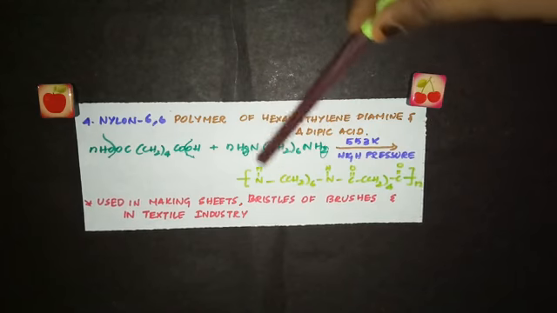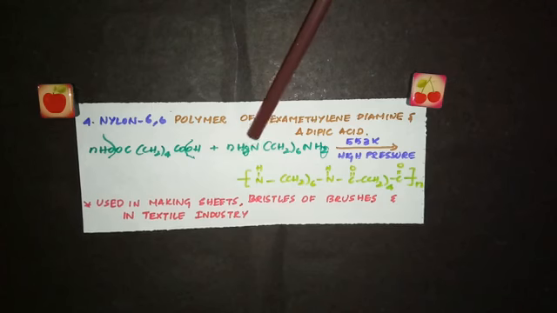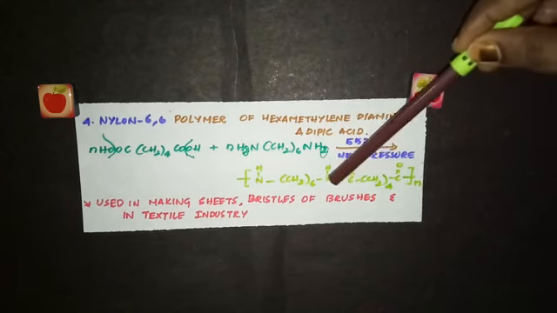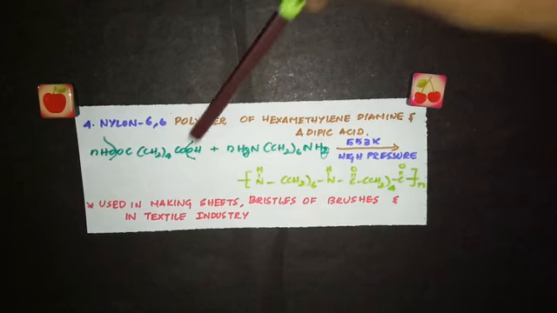So just write the polymer. Here I have written this monomer first. You can write either way. So N bond H, because one H has been removed, N H, CH2 6 times, again N H, just join with this, C double bond O, CH2 4 times, again C double bond O, n times. This is the nylon 66 polymer and the repeating unit. Nylon 66 is used in the manufacture of strings, bristles of brushes, the brushes that you use for brushing your teeth, and also in the textile industry.